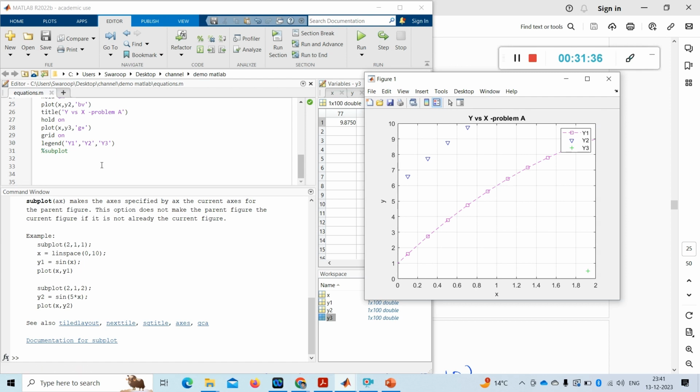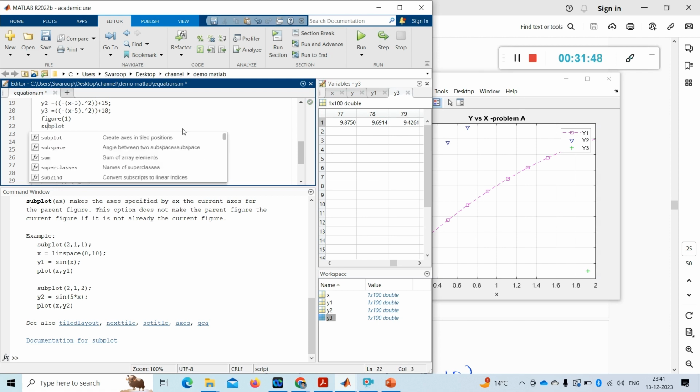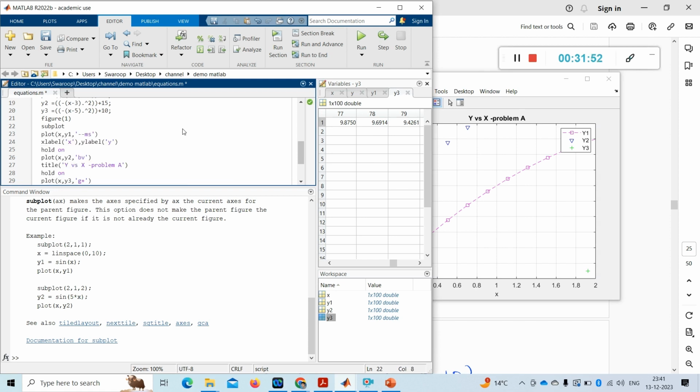So it helps us in changing the layout. Suppose this is figure 1. If I want to get a subplot, let me say this is subplot